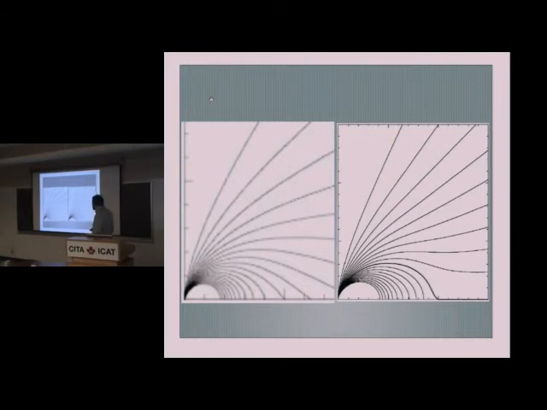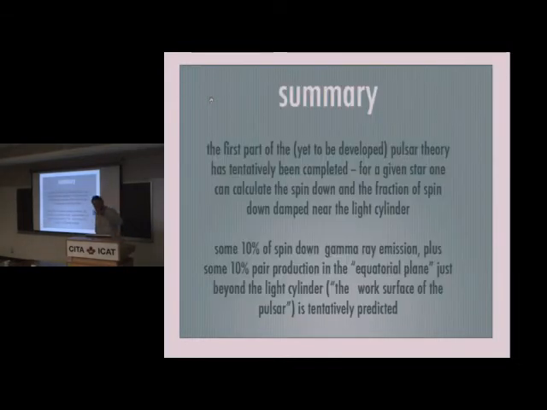This is a pulsar, but in fact, strong field electrodynamics tells us that this is what's happening. This, like I have argued already, is phenomenologically very welcome. Beyond the light cylinder, the Poynting flux gets dissipated in the equatorial plane. This will produce good gamma ray light curves. This would be the work surface of a pulsar, very likely. So we must end. In summary,